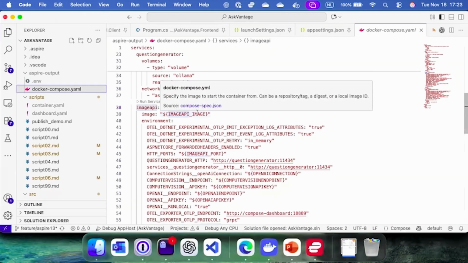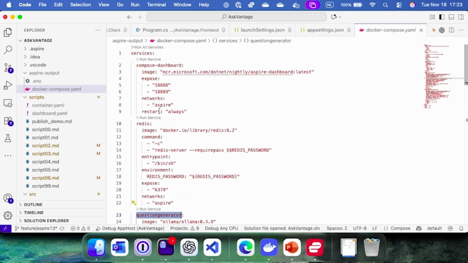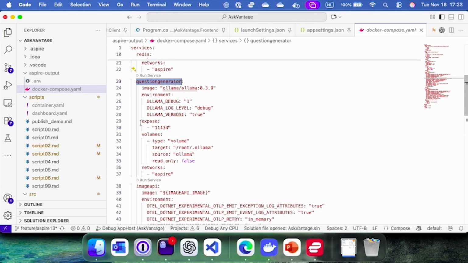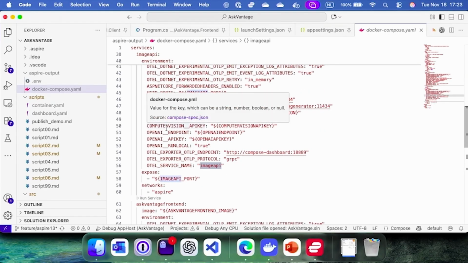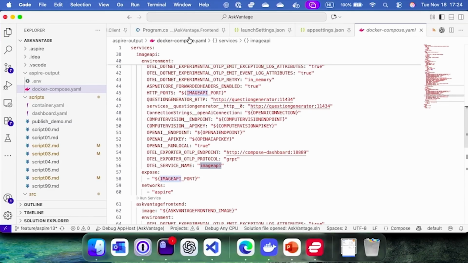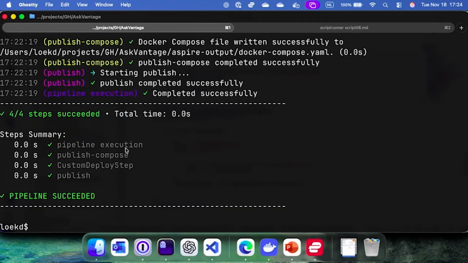And if you know Docker Compose at all, this is everything you need to run the question generator, to run Redis, to run the dashboard, the image API. So everything we need to run this application, not in Aspire, but on some kind of a Docker environment somewhere. So kind of nice. All right, but how would you deploy it then? The deployment would be to do a publish with